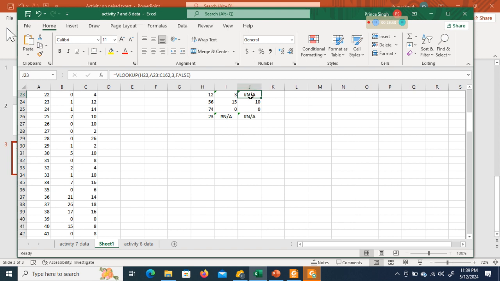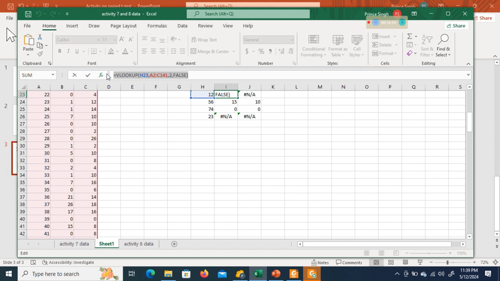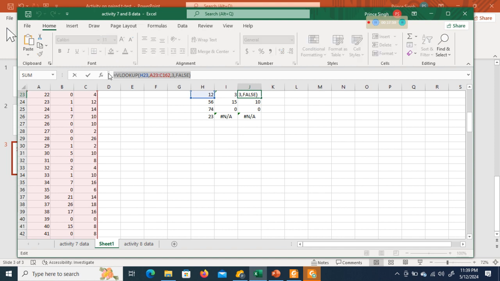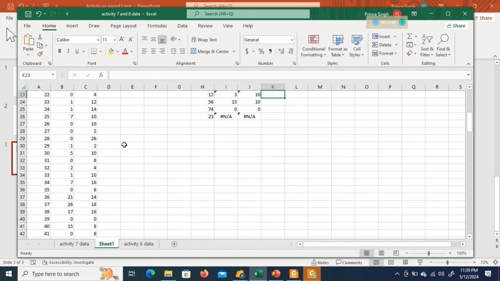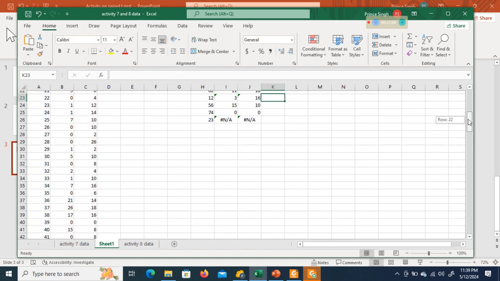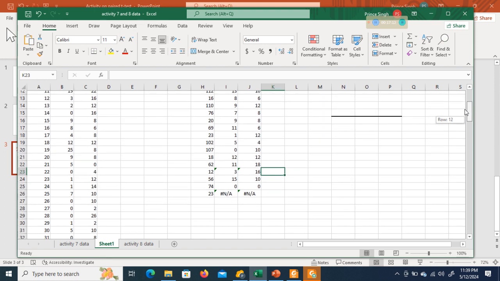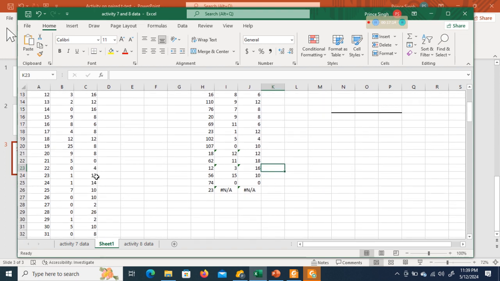Yes, this time we are getting the value. Okay, and now again I copy this formula. You can see here when I again copy-pasted this formula, then it is working, right? So it means that sometimes it happens. Roll number 12, 3 and 16, yes, is fine, and roll number 23, 1 and 12, although